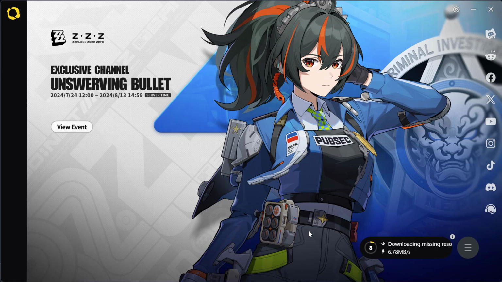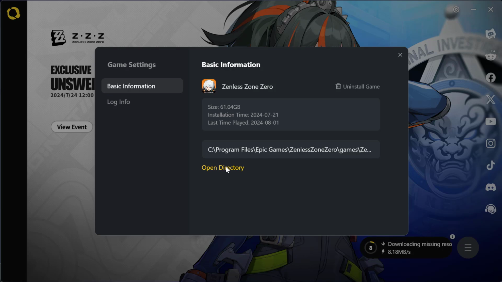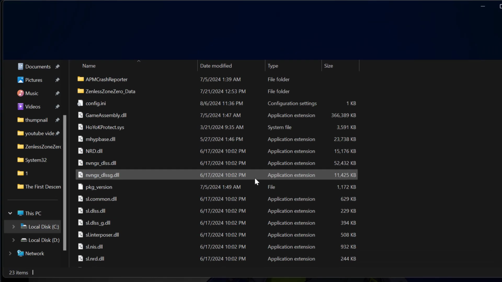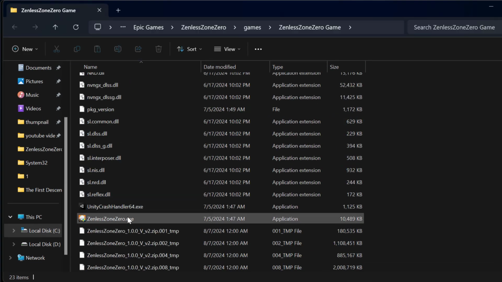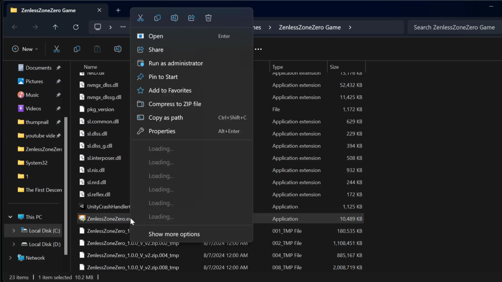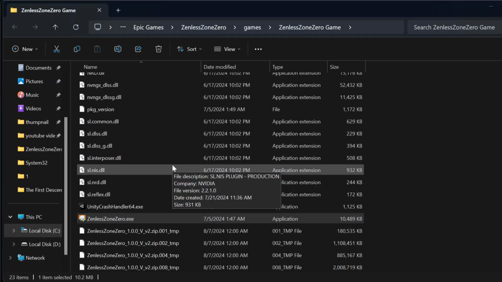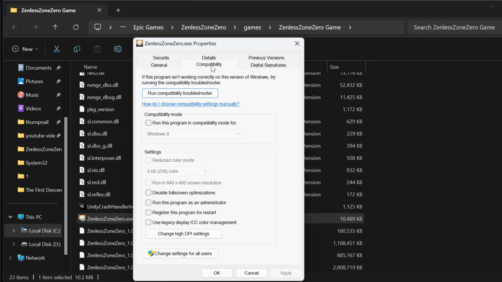Let's move on to the fifth step, guys. Fifth step is to run the exe file as administrator. To do this, click on this 3 slash and select game settings and select open directory. And now you just need to right click on the Zenless Zone Zero.exe and select properties. Select the compatibility tab and check mark run this program as an administrator and select apply and OK to save